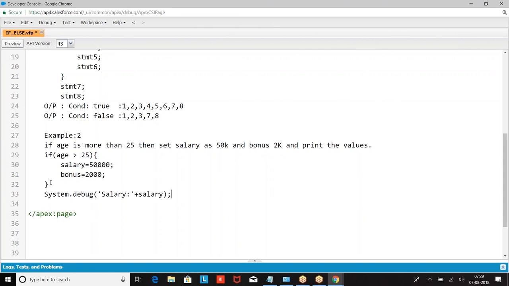It's only a snippet, not complete code, only logic writing. So if age is above 25, salary is 50,000, bonus is 2,000, and print the values.